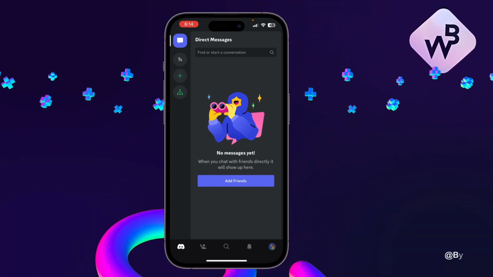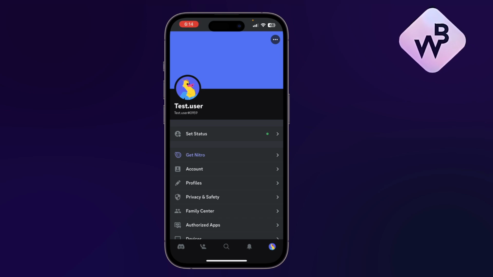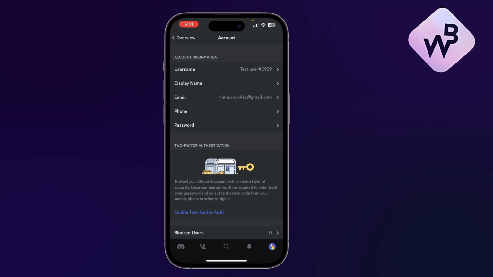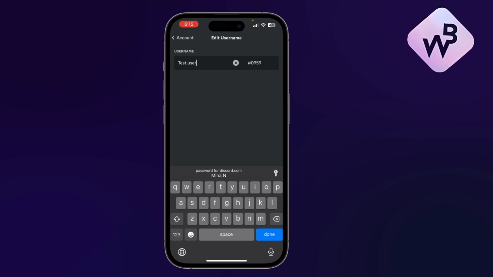So as you can see here, I have the Discord app opened. Let's go to the profile by tapping on the icon on the bottom right corner of the screen here, and then press on the account option. As you can see, the first option is the username. If I press on it, I have here the option to change my username